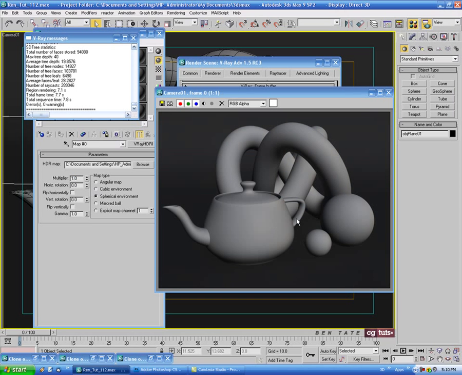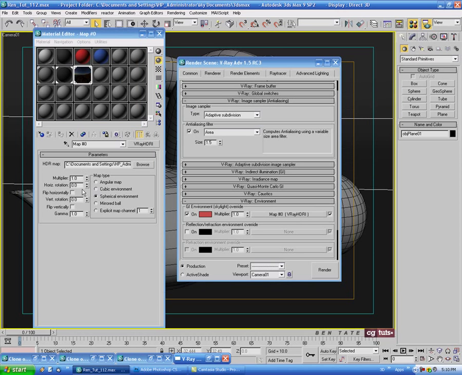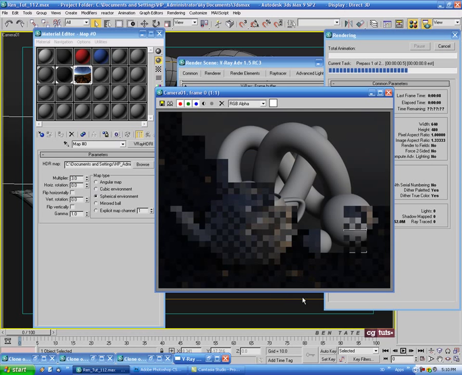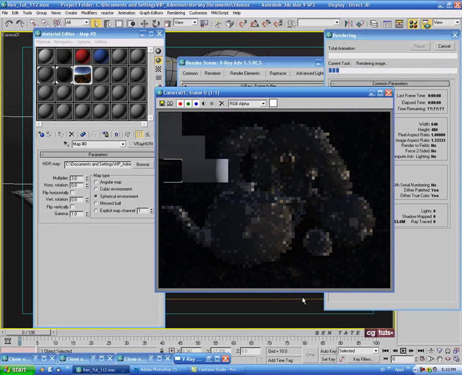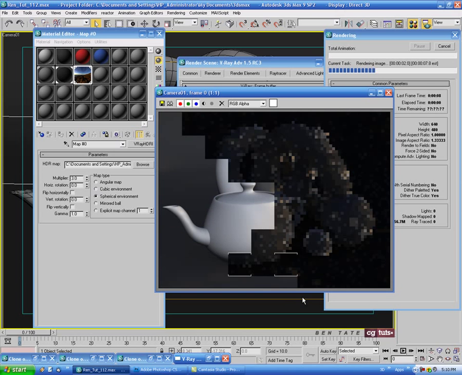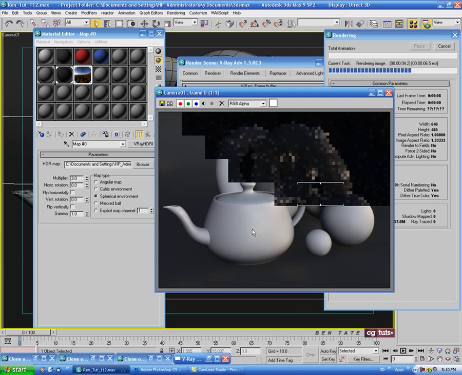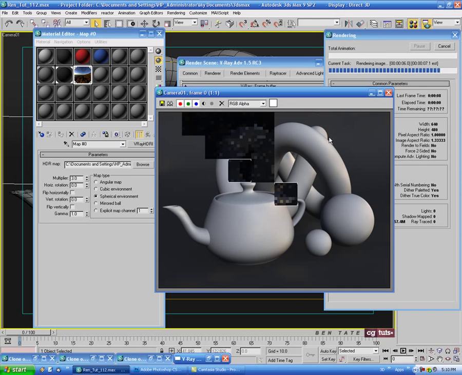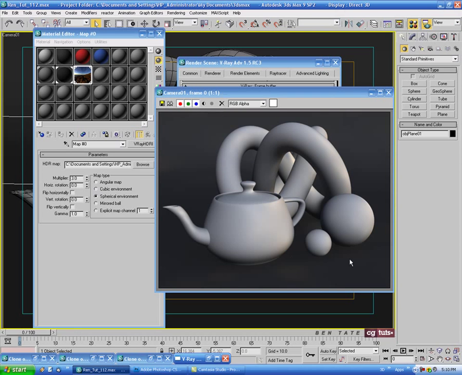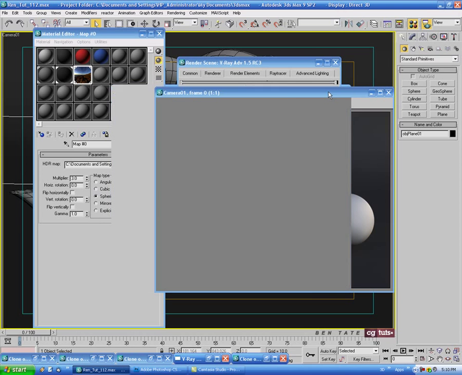Alright, and that looks pretty much like what we had before. Alright, so let's take the multiplier up a little bit more. Let's do maybe 3, and we'll do another render. Okay, and you can see that looks a lot better, and we also have a lot more color bleeding in the scene. Alright, so let's maybe do a clone of this one and minimize it,